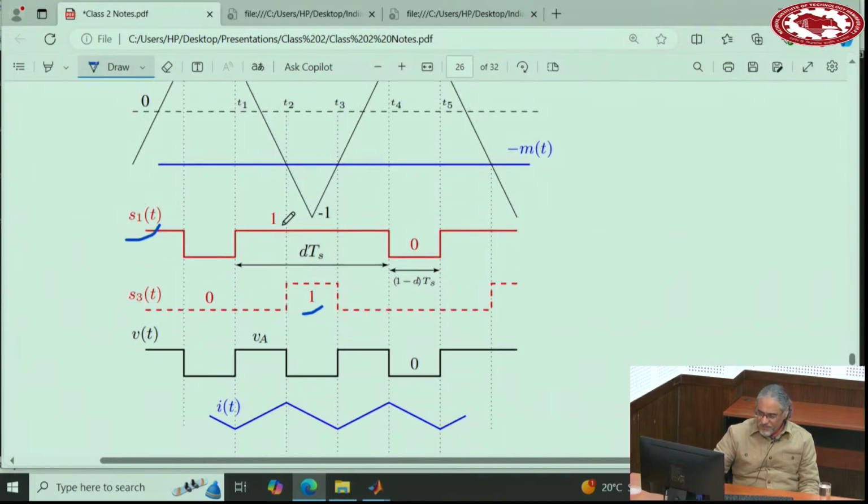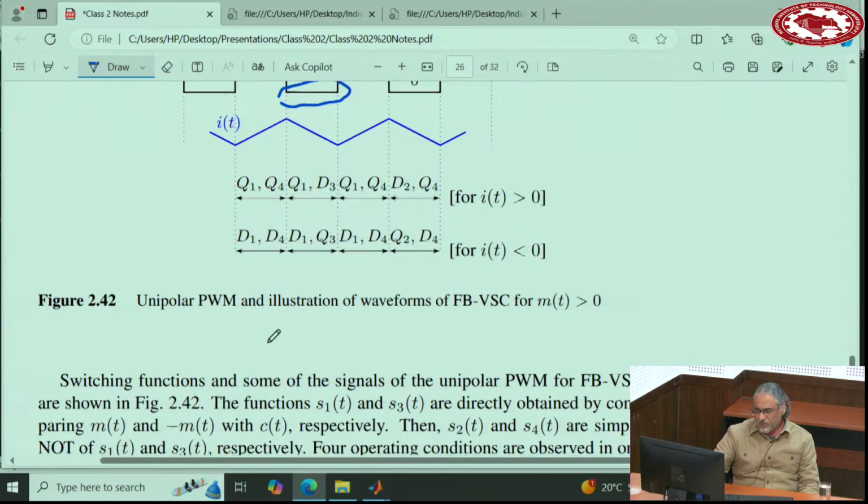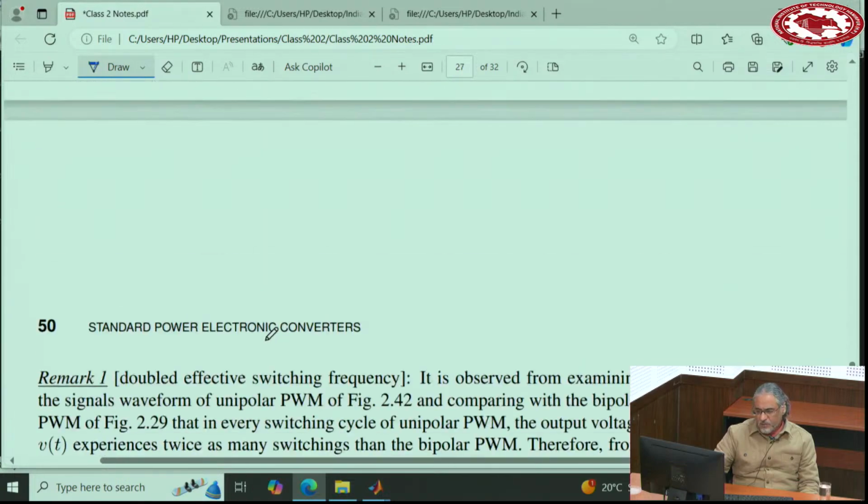So during this time, when S1 and S3 are both on, you have the zero state. So the current, in this case, we have VA and 0, VA and 0. You can also have negative VA and 0, no problem. So the current is going up, down, up, down. And the mathematical model is exactly the same as what we have in the